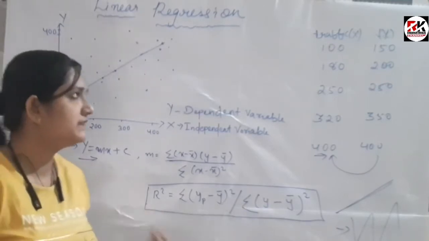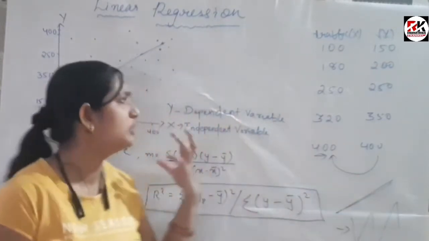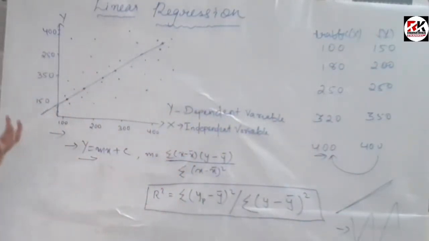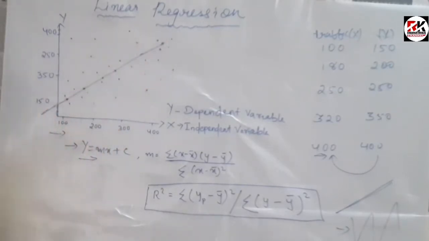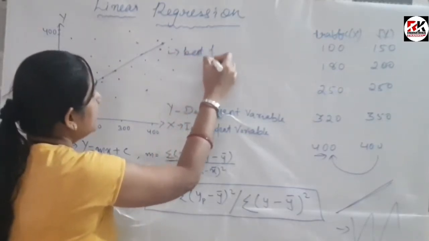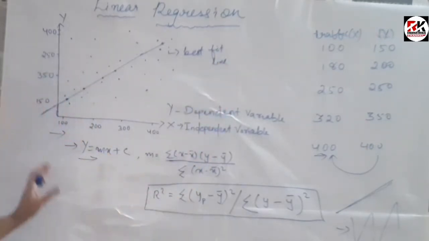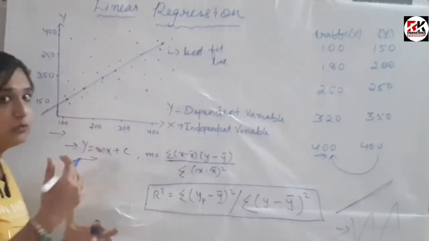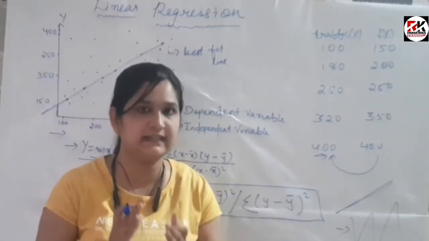And one more thing I want to tell you, here with the help of an example, I have plotted a graph with the x and y axis, and all the points fit on my line of regression. So I can tell this is my best fit line. Because all the data points are coming on it, and our motto is that our line of regression should pass through all the given data points.